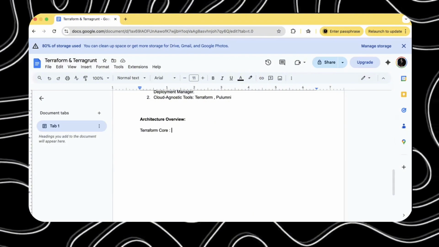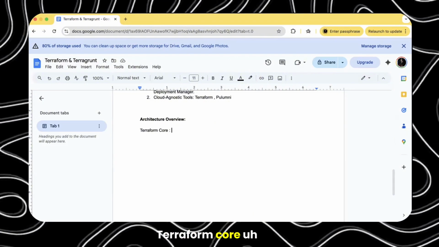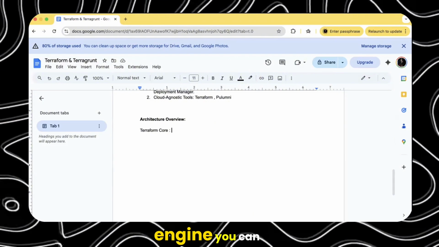Terraform Core is a powerful engine, you can say, right?